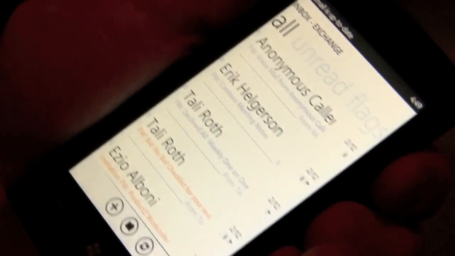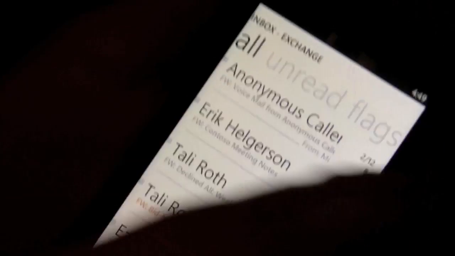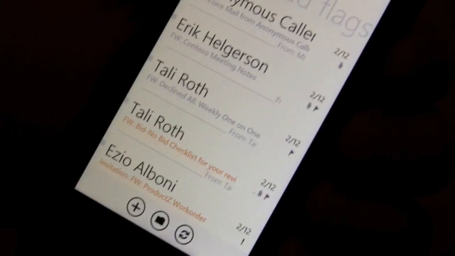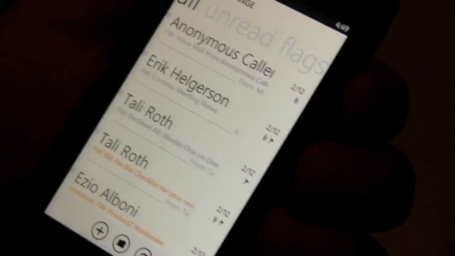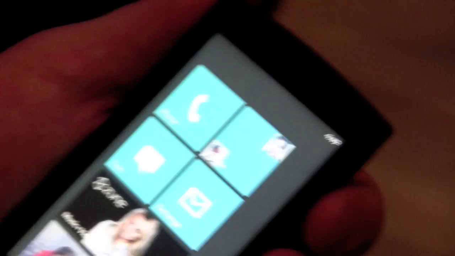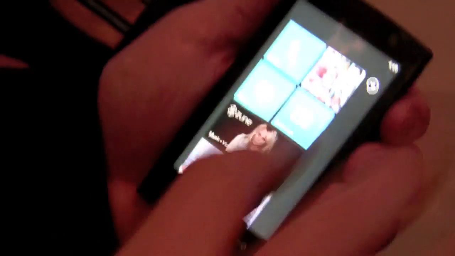Move it around. We do have a look at the Outlook application, the mail application. Let's take a look at mail. Yes. So here's all of your mail, happens to be coming in. And again, you can see across the top there's some options. So when you flick with your finger, you can go to unread, you can go to flagged mails, you can do what you want. It's an easy way to sort through the information. And in your mail application, you can have multiple different mail accounts. You can have different tiles for different mail accounts.